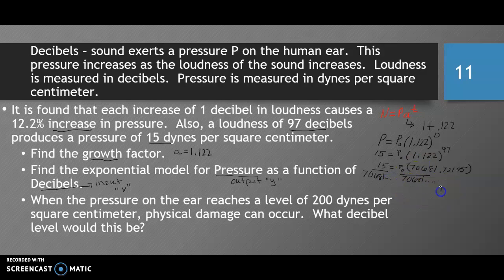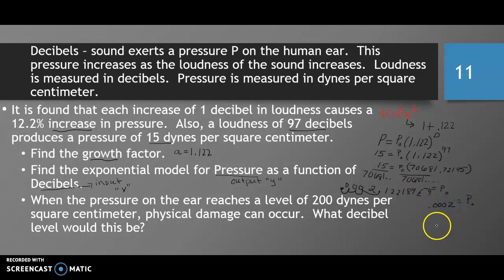So on my calculator then I have P0, that's starting pressure, and my calculator gave me 2.122189, and then it had an e to the -4. So what my calculator gave me is a very, very small decimal, but it gave it to me in scientific notation. This -4 means I need to move my decimal 4 places. So here's my decimal, 1, 2, 3, 4 places. Fill in these zeros. So I find from that that my starting pressure amount is